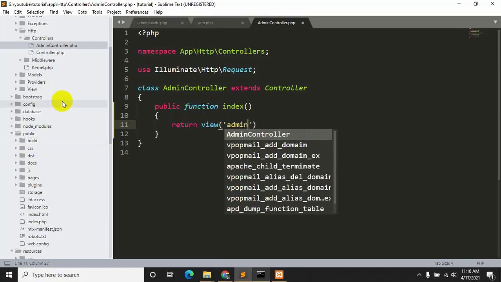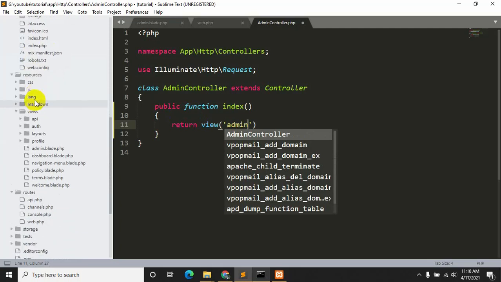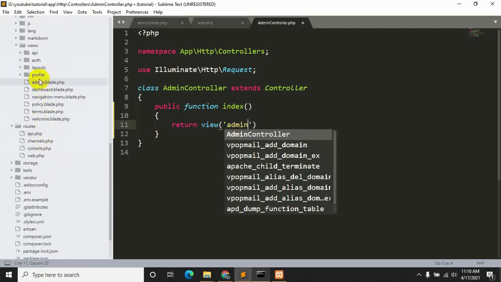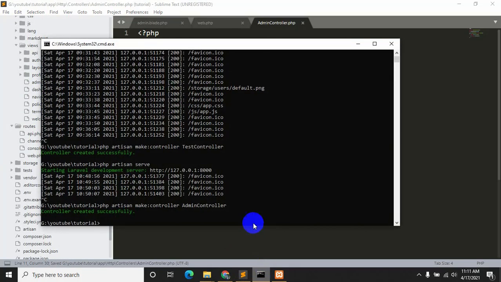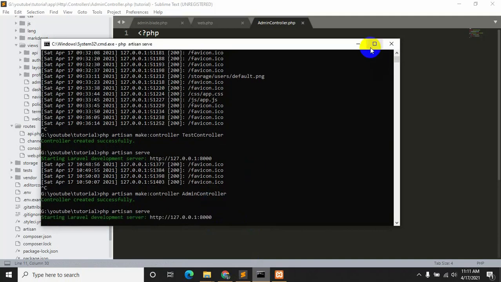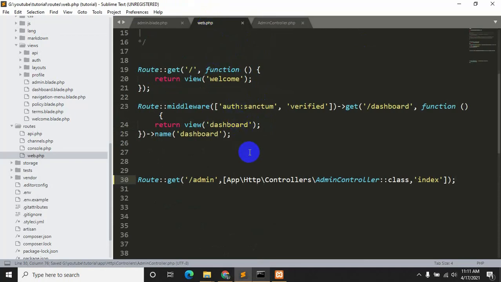Okay, here you can see admin.blade.php. It will return this view. Okay, so let's save it, Control S. Now we need to run this server again. So let's just make sure we save everything.